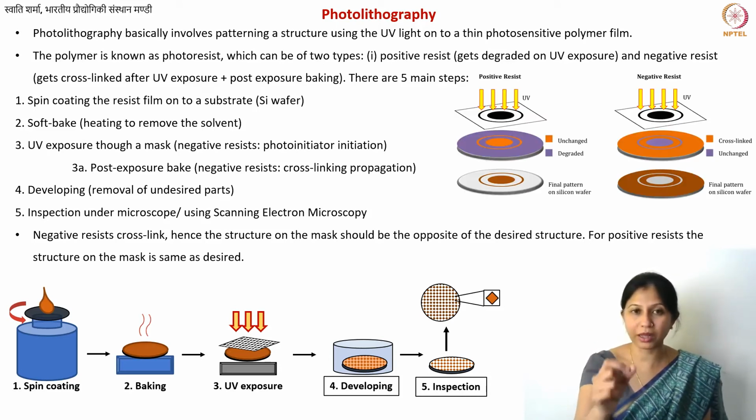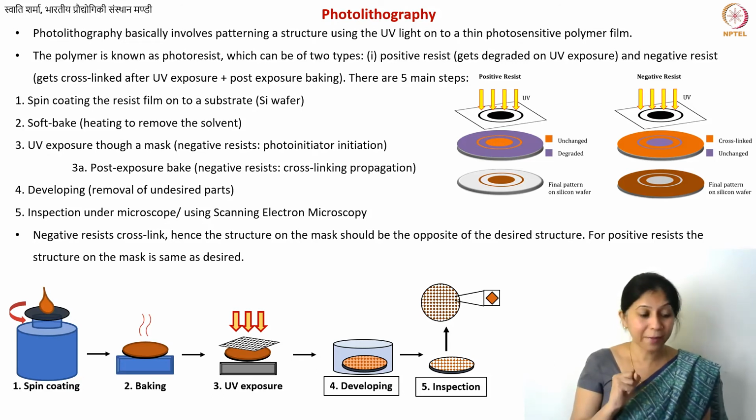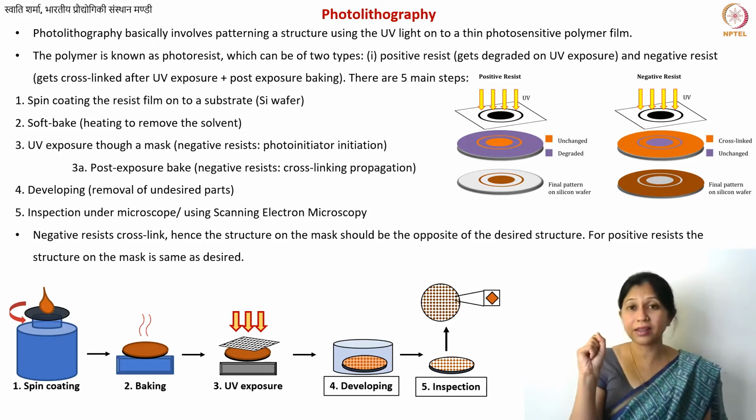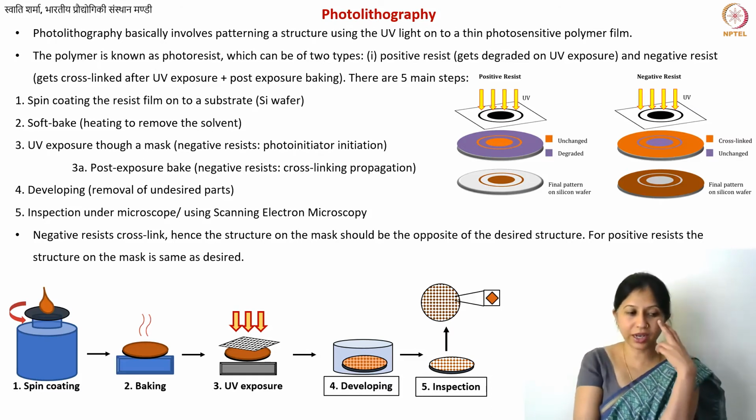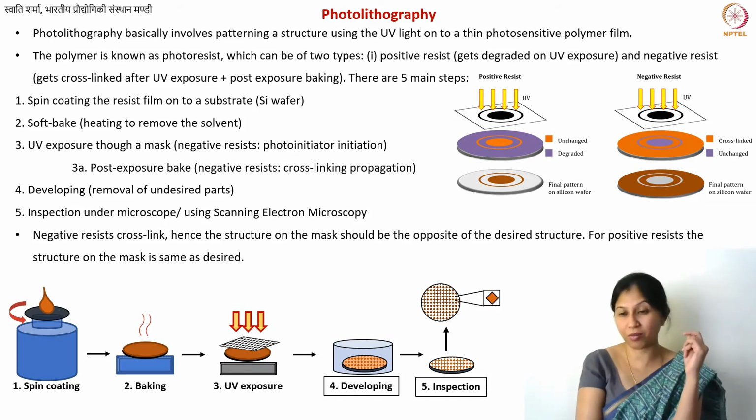Now here is one more small thing that I would like to mention: negative and positive resist. Why are the terms negative and positive used? In these images, if you have a positive resist, it will degrade on the UV exposure. So you will have on your mask the same structure that you want to make, because whatever is not that structure, you want degraded and washed away with the developer. In that case you have the same structure, so you call it positive. You have the positive structure on the mask also.